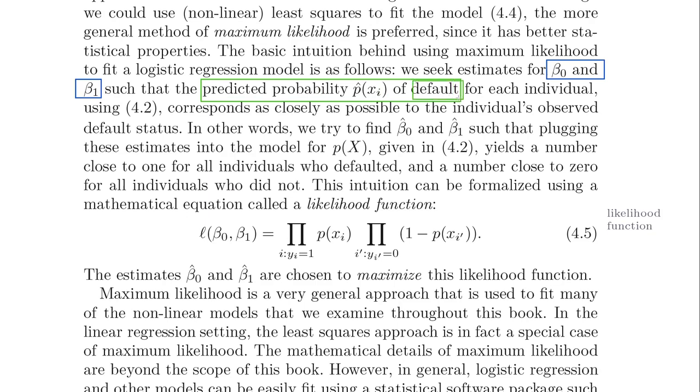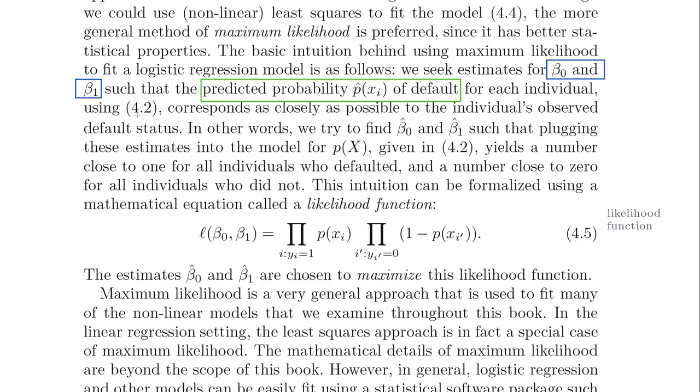It could be of sickness, it could be of marriage, it could be of pregnancy, you name it. The predicted probability, p hat xi, xi is your ith observation in your training data set,